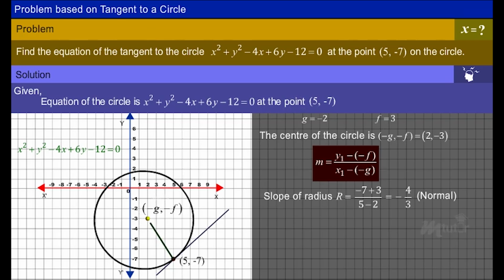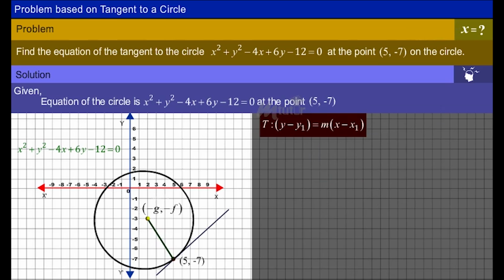We already know that the normal is perpendicular to the tangent. That is, the slope of the tangent is equal to the negative reciprocal of the slope of the normal. The slope of t is equal to minus the inverse of the slope of r. Therefore, we get the slope of the tangent t as shown. The general equation of point slope form is as shown. Substituting the given point and the slope in the equation, we get